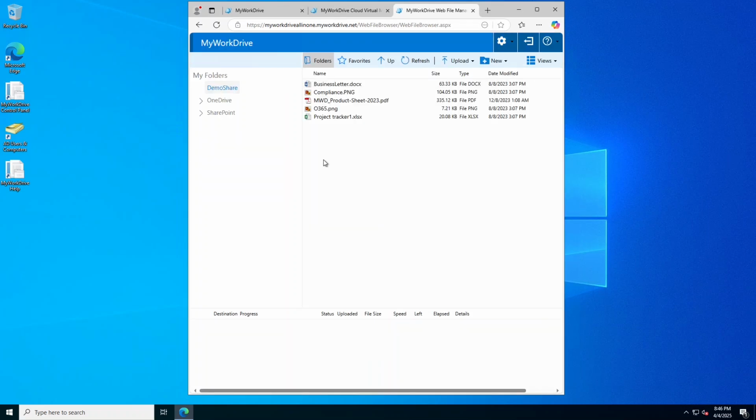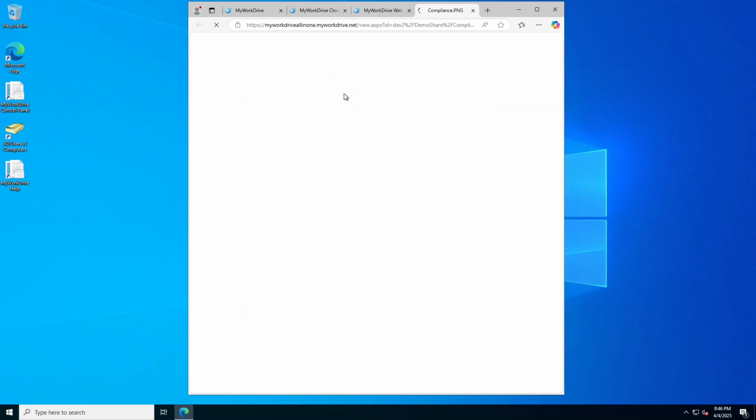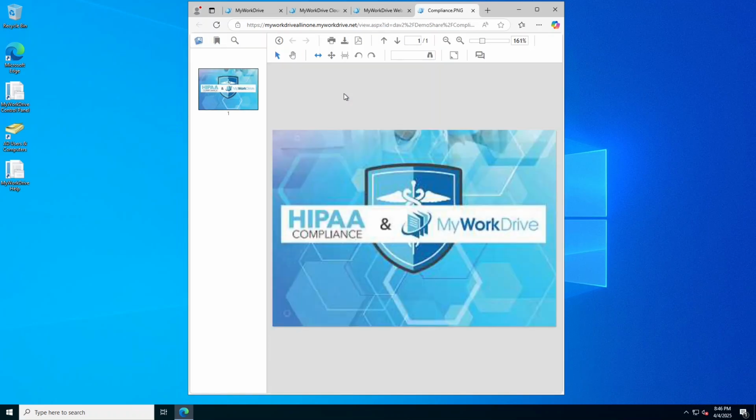So we've signed in to the web client with our domain user. We have access to the files that are available to us, in this case just a small set of sample files that are included. You now have the ability to upload, download, edit, view, and perform any operations you need on these files, create additional shares on the C drive, add additional volumes to the server if you want different drive letters, set up backup,